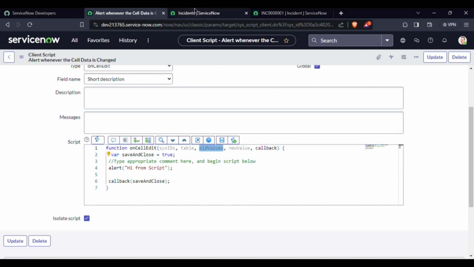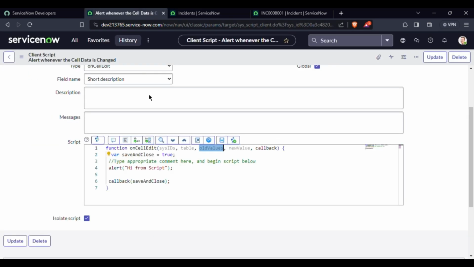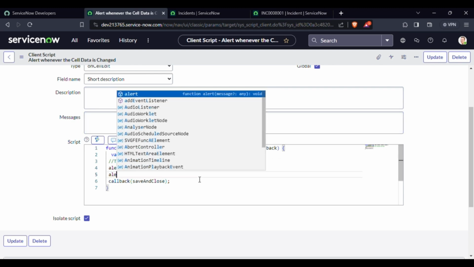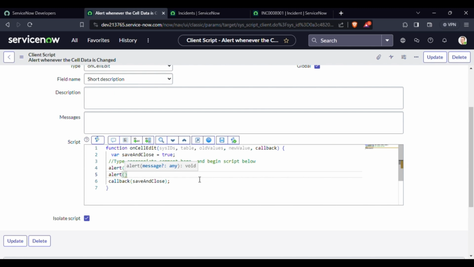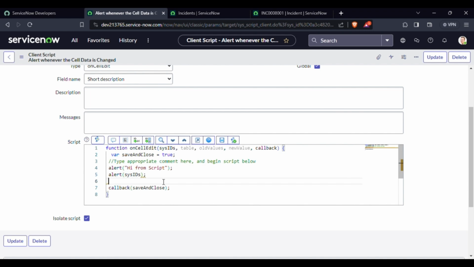Old values means list of all values that were changed. Okay, old values means what were the values they had before we assigned them a new value. And callback is a function which I will explain later on. Okay, so now let's just see what values they have. These five parameters have sysids,